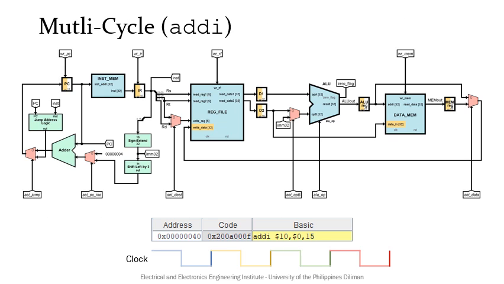To demonstrate how the presented multi-cycle data path works, consider the add-I instruction shown, which is stored at address 0x40. We'll also use color-coded signals to indicate when the annotated signal values occur. First, we start with the PC value being 0x40. This address is passed to the instruction memory and the add-I instruction code is fetched. The instruction code appears on the input of the IR. The instruction code will not yet make its way to the RS, RT, and RD wires on the first clock cycle. The adder on the left is also able to compute PC plus 4 within the first clock cycle.